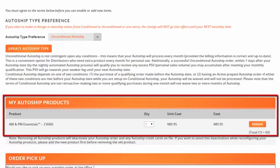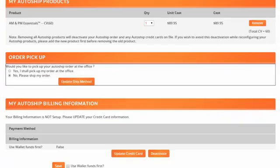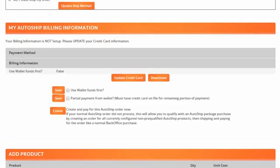Now if that's all I wanted to do and I was done, I would scroll all the way down here and choose Update Credit Card to plug in my payment information. Now it may already have your credit card on file. If you've signed up, it will retain that credit card information for you to come in and set up your first Autoship. Okay? But after that point, if you clear out your Autoship, which is what I've done in this case, I cleared it out just for this demo,